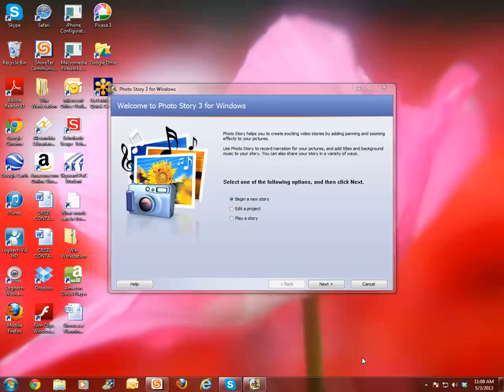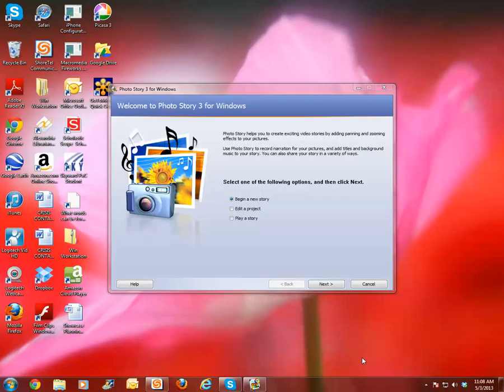Today we're going to learn how to use Photo Story for Windows, and we're going to create a movie by importing our video, our pictures, and our music. At the same time, we're going to be sharing the knowledge that we learned when we were researching our notable American. Now, when you open it up, the window will look just like this, and you'll have three